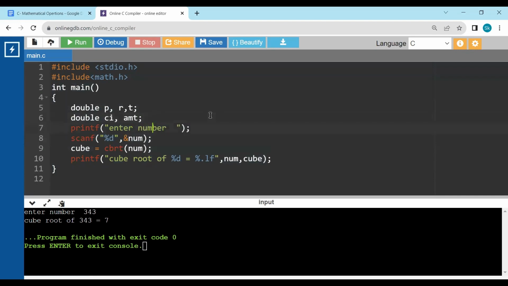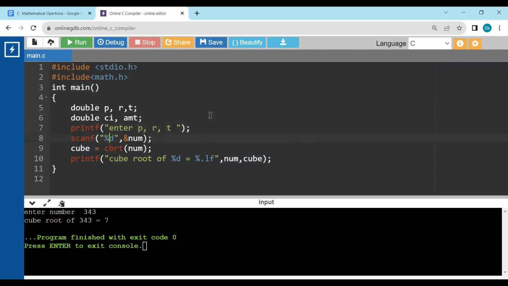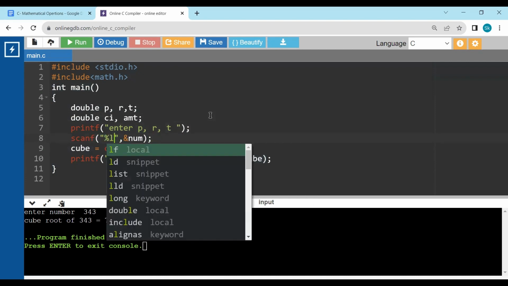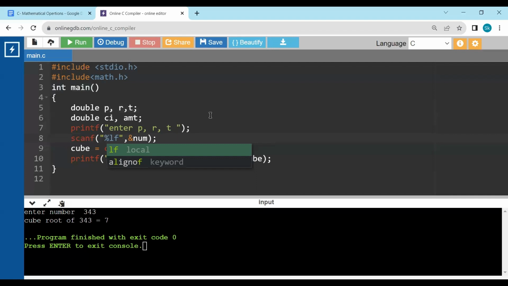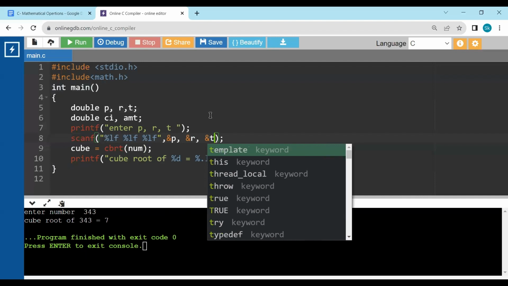Then we are going to ask the user to enter the P, R, and T value. Here this time we have to give the double value %lf, and then %lf for the second one and %lf for the third one. And it will be &P, &R, and &T. Now,